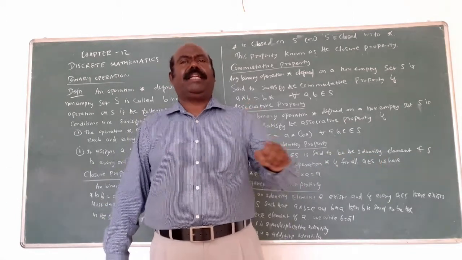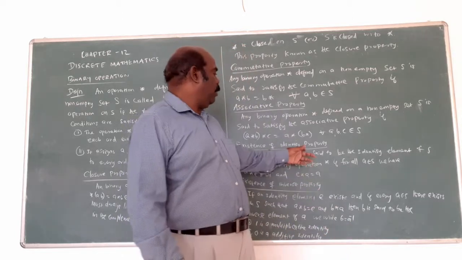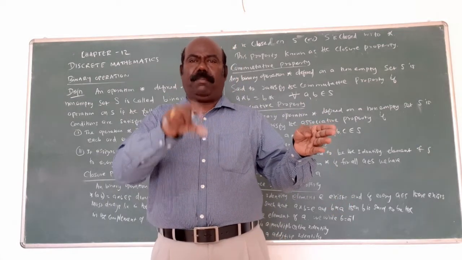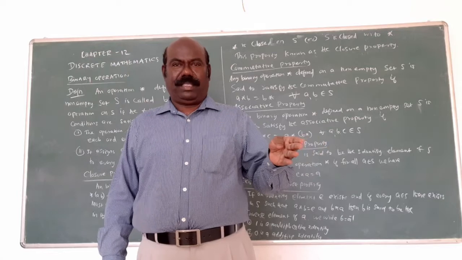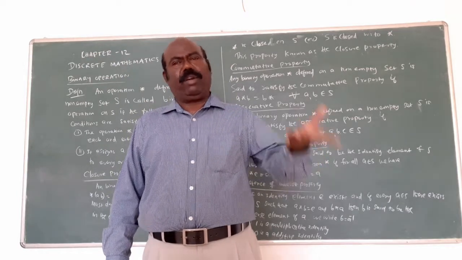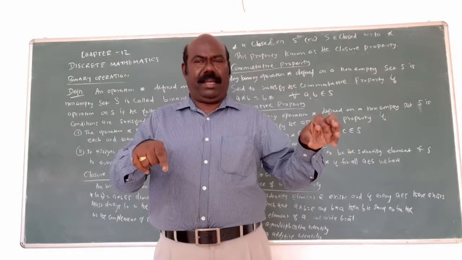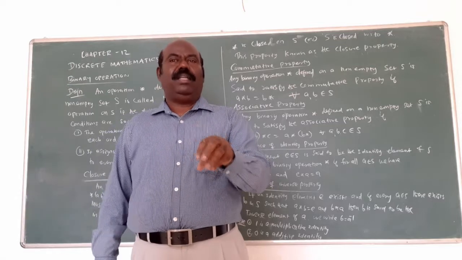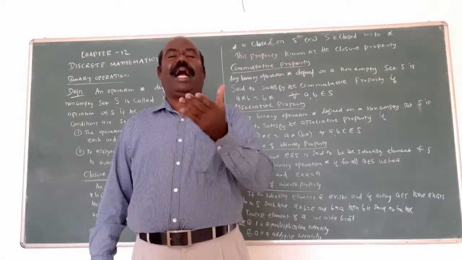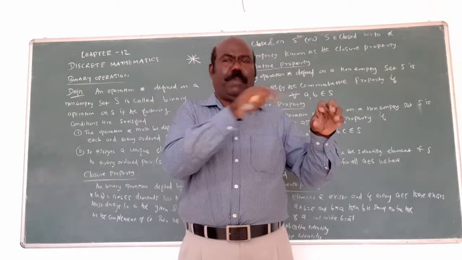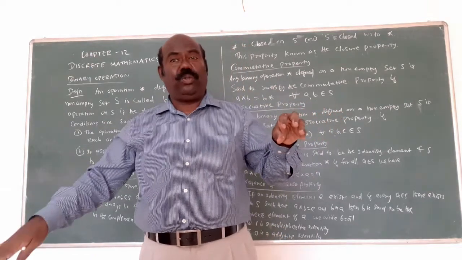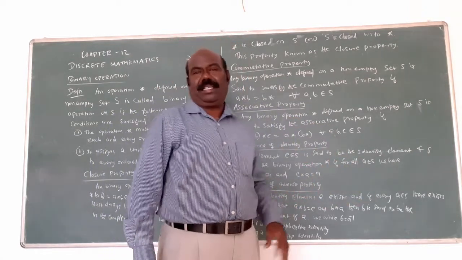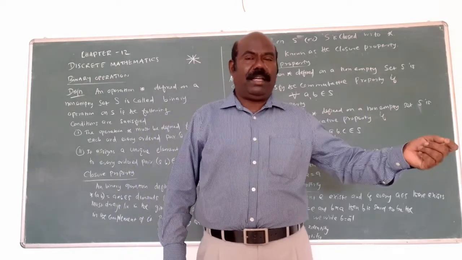Identity element means, for multiplication, 2 is there and you want to multiply by some number so that we get 2. That's very important. You take any one of the numbers, multiply by some number, and get the previous number. 2 into some number equals 2 again. What number? 1. That's why 1 is the identity element. For plus, 2 plus some number gives 2. That number is 0. So 0 is the additive identity.